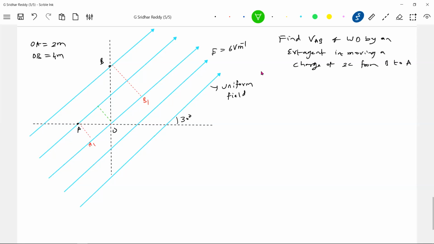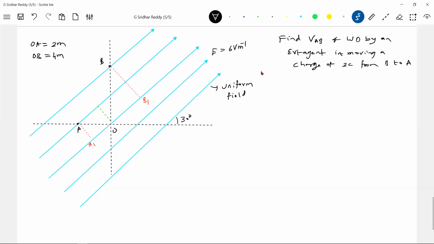Now, is the potential at A equal to that at A1? Any reason? Because this will be an equipotential line. So how can you say? Because a line perpendicular to the lines of force will be an equipotential line. So therefore, potential at A should be equal to A1. Similarly, potential at B should be equal to B1, because again, there is an equipotential line.